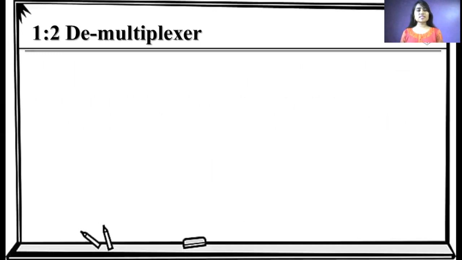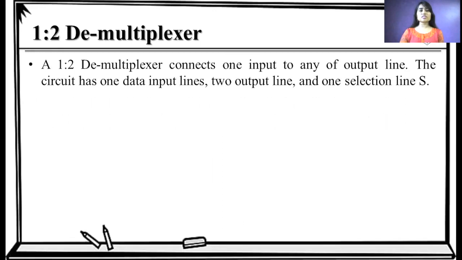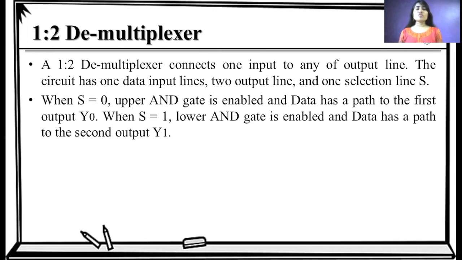So let's discuss the 1-to-2 demultiplexer. A 1-to-2 demultiplexer connects one input to any of the output lines. The circuit has one data input line, two output lines and one selection line S. When S is equal to 0, the upper AND gate is enabled and data has a path to the first output